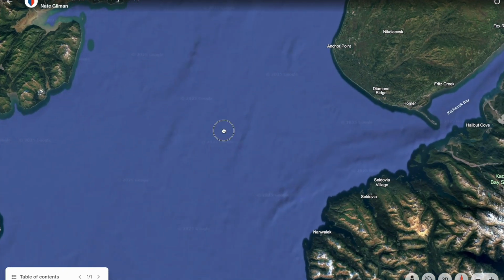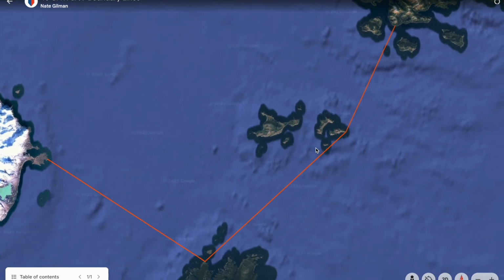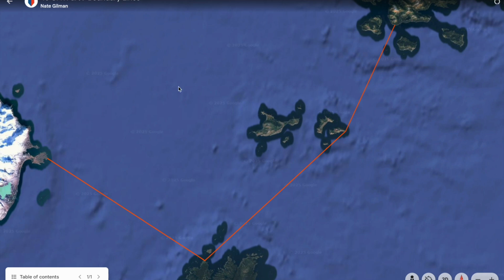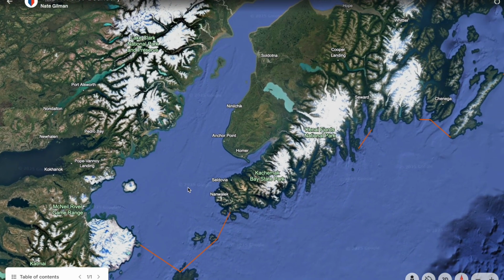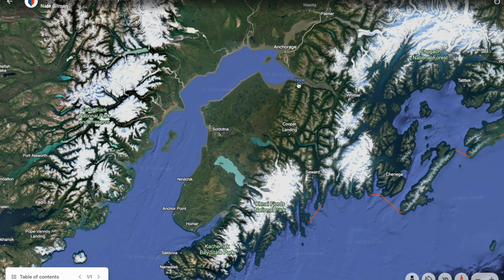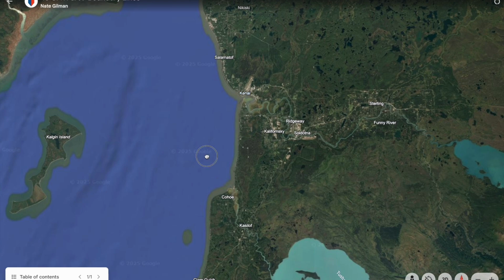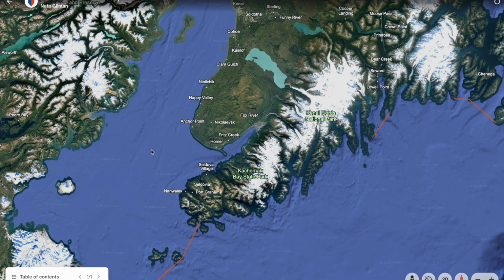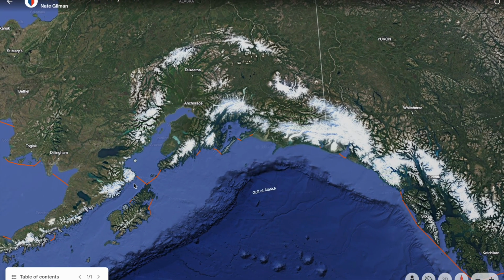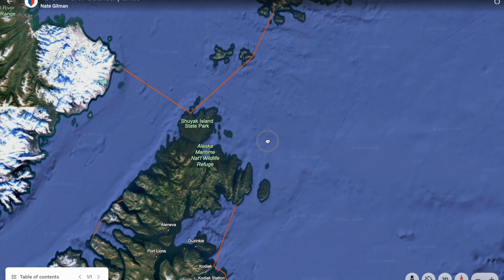So starting basically all the way out here, this is the line. So anywhere on this side is near coastal. This is all inland. This whole thing is inland, which is pretty awesome or frustrating depending on who you are. But you can sail all the way in from Anchorage, take your small boat up and hit the small little town of Kenai, work your way over. This is all going to be able to be done in Cook Inlet with an inland license, but it means you won't get sea service credit unless you cross that threshold to get near coastal time.